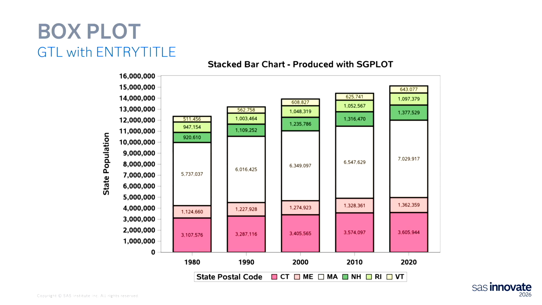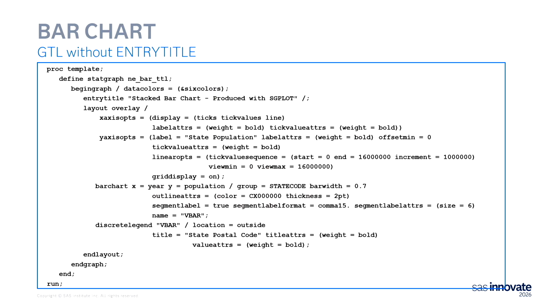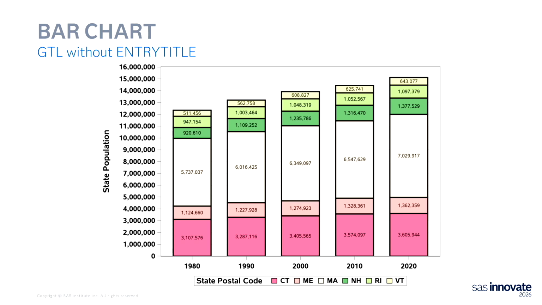Now, I mentioned entry title. This title up here is used with entry title, which means it's embedded directly into the graph. You cannot edit it, you cannot change it unless you edit your template. We don't want that, so that's why we're going to get rid of that entry title, because we want that outside of the graph. We want it as a title statement itself, so we're going to use it as a title statement. And so without the entry title, we're just going to strike that piece of code. And then now we have our graph without that title, and the title is now going to be sitting outside of the graph area.